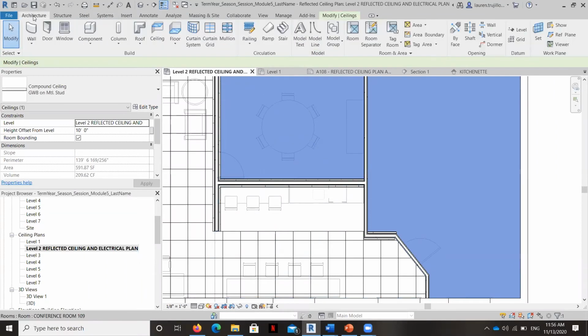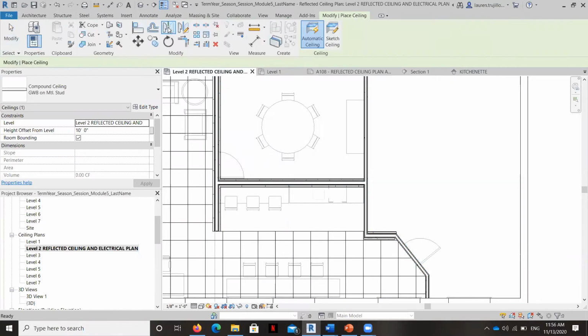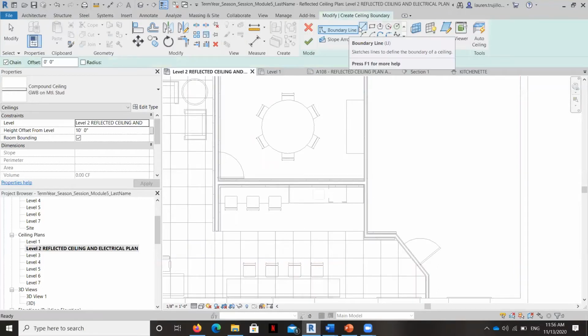Okay, so same thing here, but I'm going to do a new ceiling because I've got some other stuff that I have to add to this, and I want it at a different height. So if I were to make this same gyp ceiling here connected with these boundaries here, then they would all be 10 feet off the ground, but this one's at a different height. So I have to draw it separately.